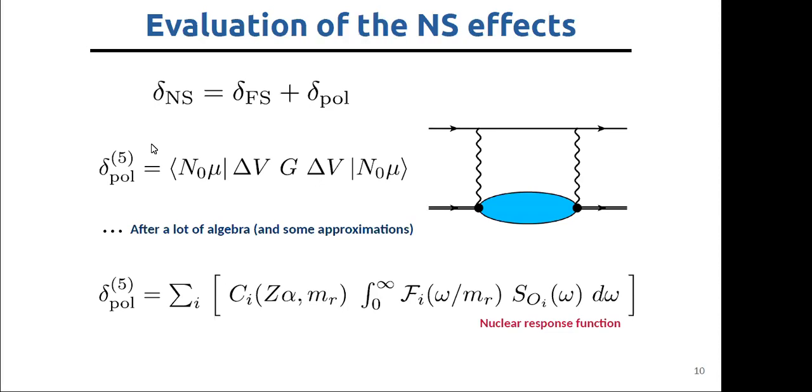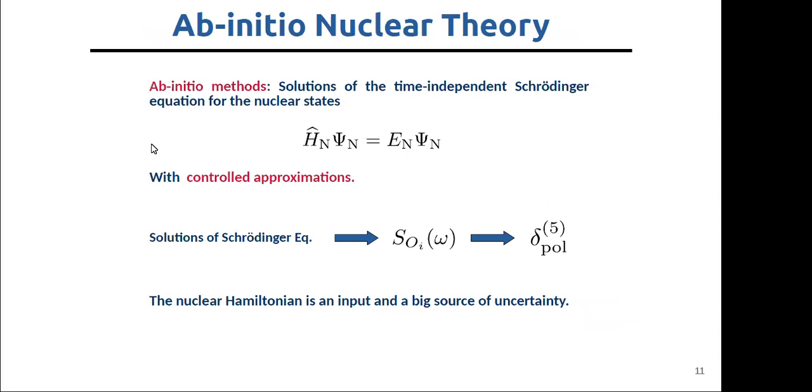And there are different ways to evaluate these response functions, but they will be used in my ab initio nuclear theory. So when we say that we want to use ab initio methods to evaluate this response function, what we mean is that we first want to solve the Schrödinger equation for the nucleus using the least amount of approximation. And then from the solutions we use